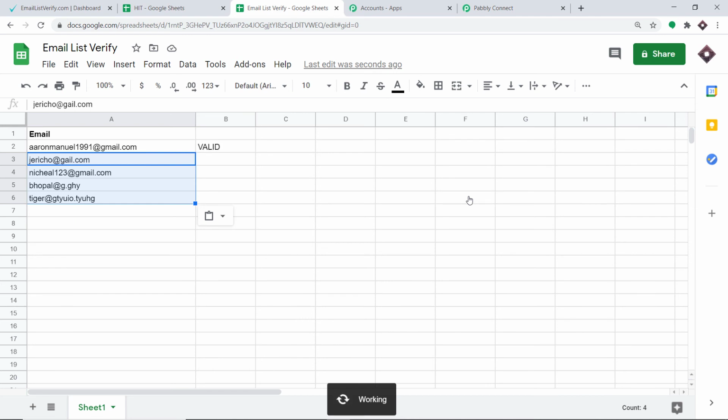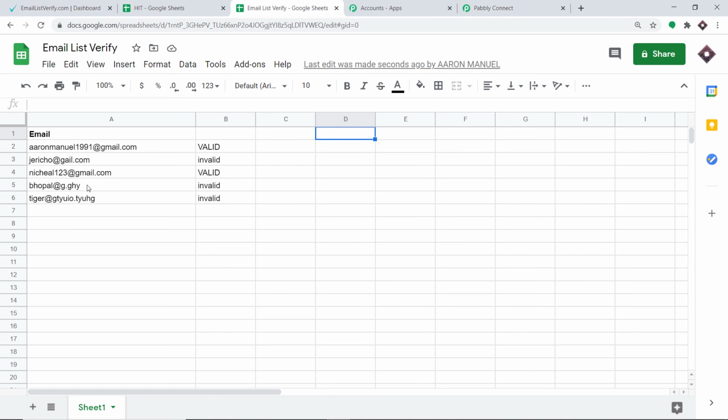So as you can see, it automatically changed to valid because this email is mine and it is working. And as you can see, this one is showing as invalid, this is showing as valid, and it is checking both of them. In this case, it will show invalid because it is truly an invalid email. Okay, so as you can see, all of them have been checked, and only one of them is a valid email. Okay, so excellent. The presence of this data shows that we have successfully integrated Google Sheets and email list verify with the help of Pabbly Connect.